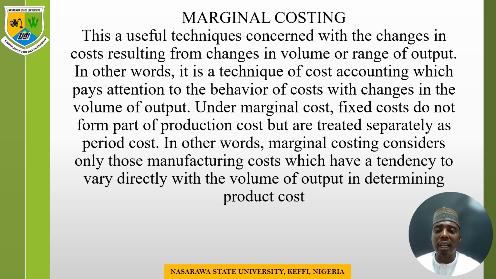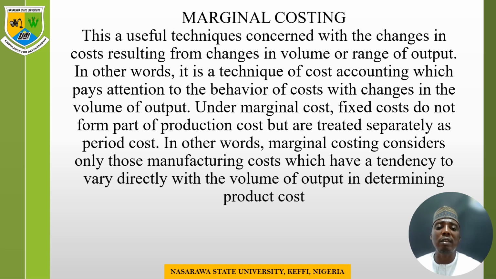Because the costs of these materials are expected to change. They are dynamic. They will change. The cost of materials today for the production of, say, bread, might change in the next 2 weeks or next month. So these are elements of marginal cost. Again, direct labor is the amount of money you pay to the personnel that undergo the production. The cost is also expected to change. So marginal costs